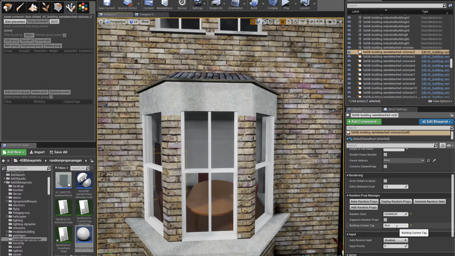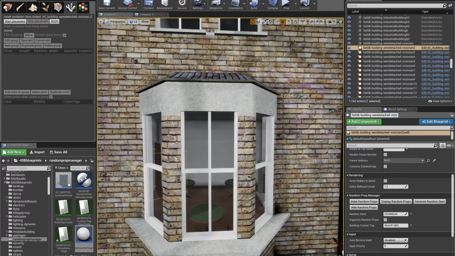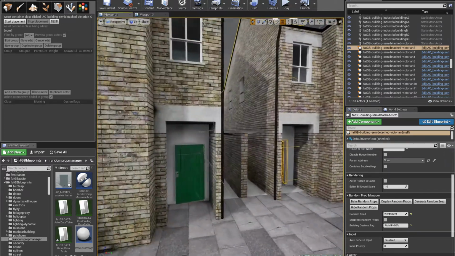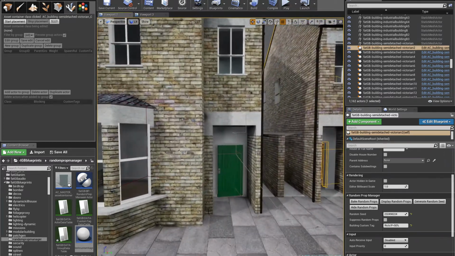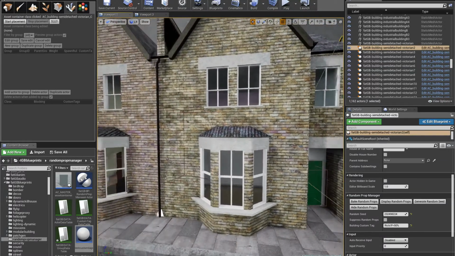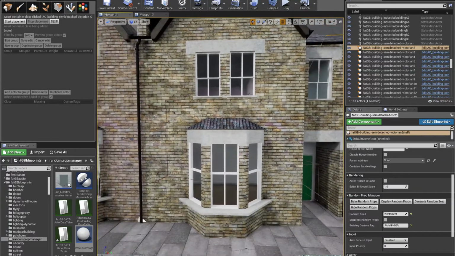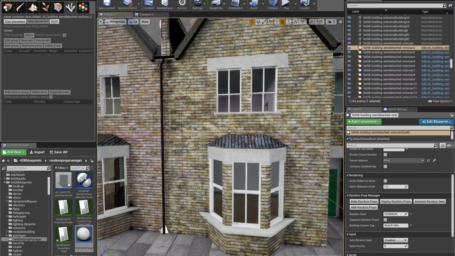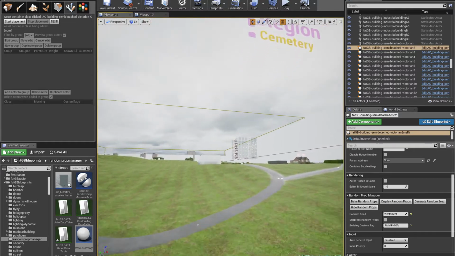But you can do all that stuff. Yeah, so I think that's it. So the spawning system, I put the windows and the doors in, and it'll just help with that kind of stuff. So I have put in the windows in the blueprint, but one of the original reasons I made this